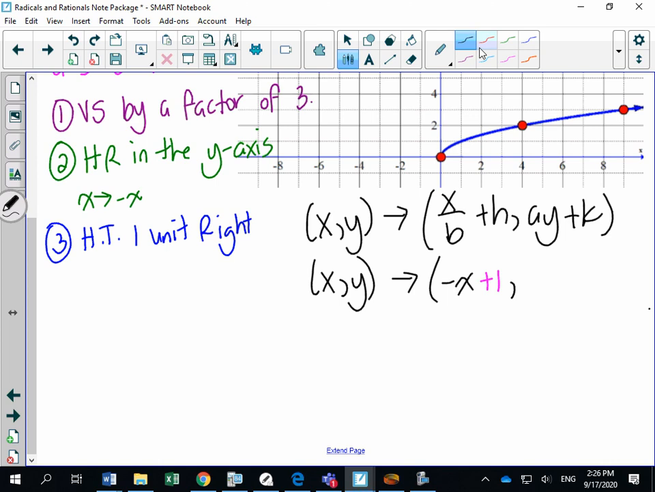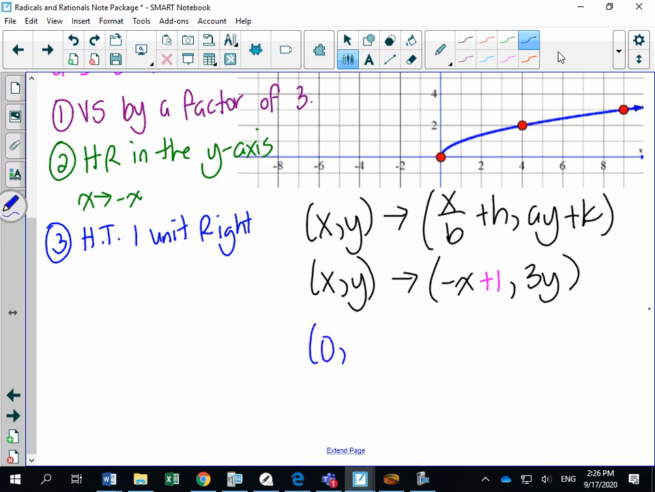From there, it's a times y. My a value is 3, so 3y, and there was no k value. The graph is not going to move up or down. From there, they give us 3 really nice points on the radical graph, and we're going to transform those 3